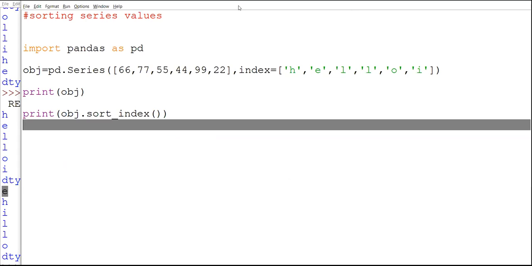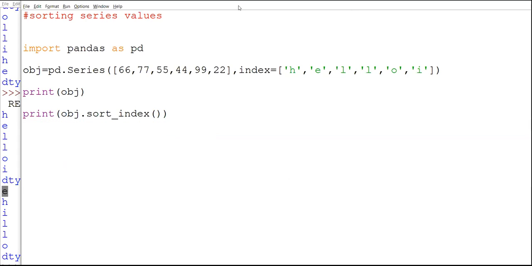Then the next function that we are going to use is reindexing. The meaning of reindexing is that we want to change the index.